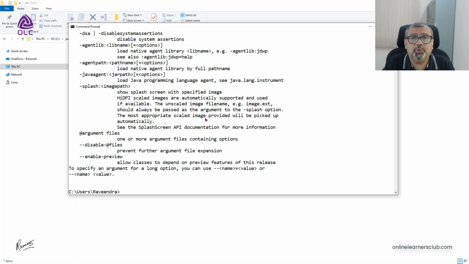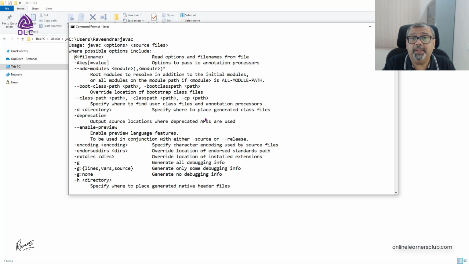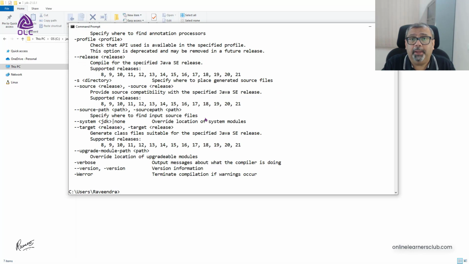Similarly, you can also run javac, which is the executable used for compiling a Java program. In our future chapters, I will help you understand how to create a Java class, compile it, and run it,